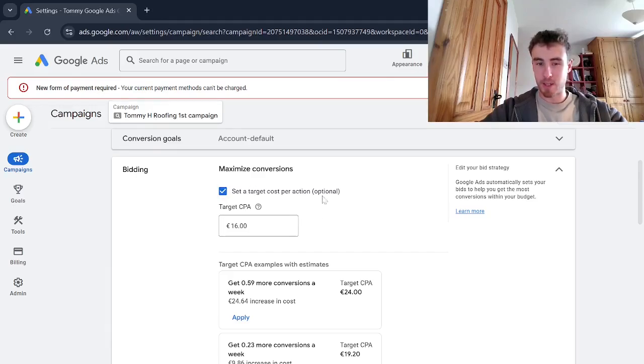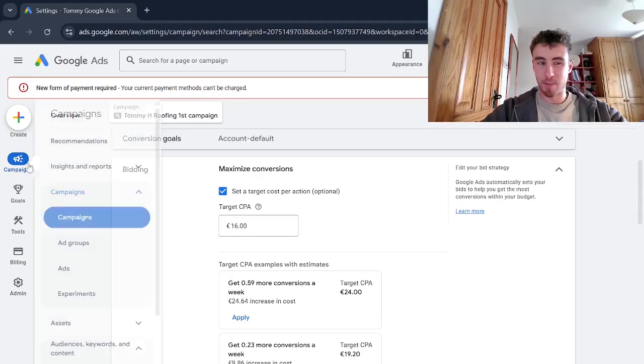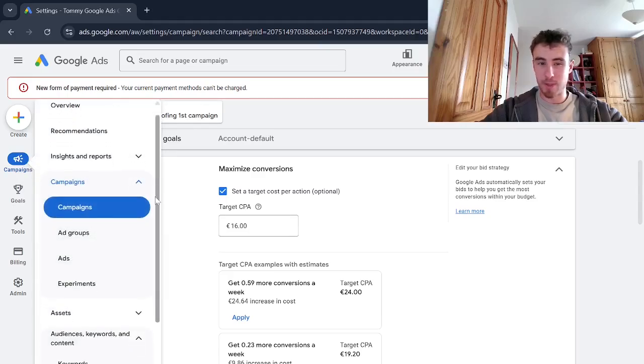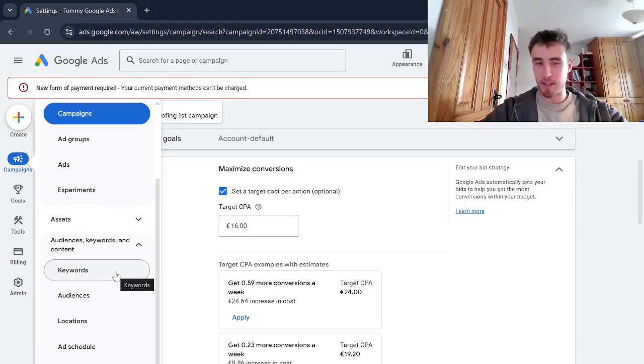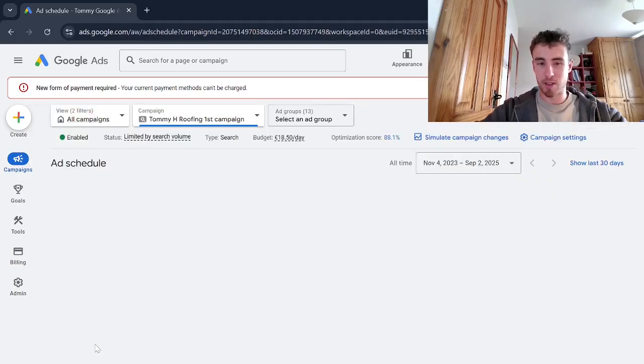Whereas if we were using a different bidding strategy here, for example, whether it be manual CPC or maximize clicks, and even though maximize clicks itself is an automated bidding strategy, the bid adjustments actually do work for these bidding strategies. So let's just say, for example, we had manual CPC or even max clicks as our bidding strategy, and